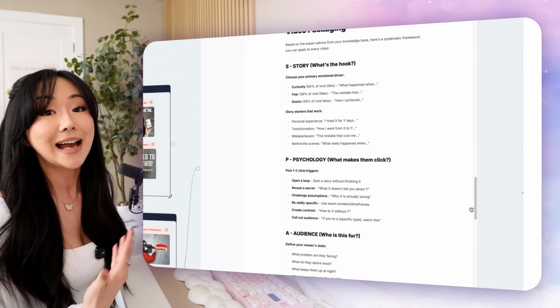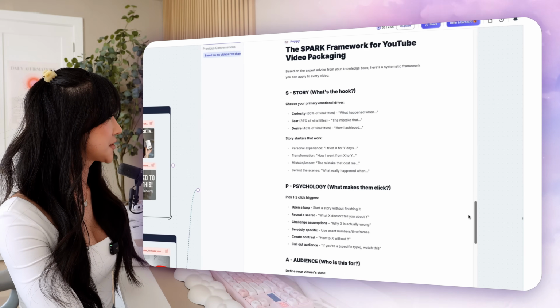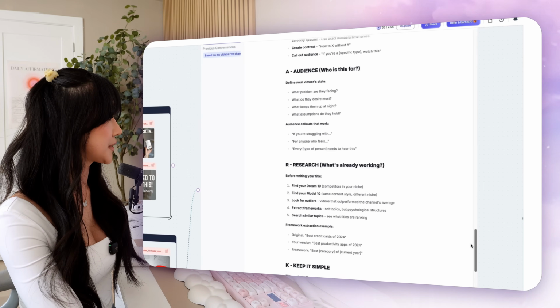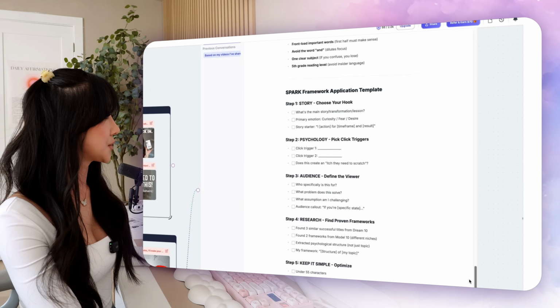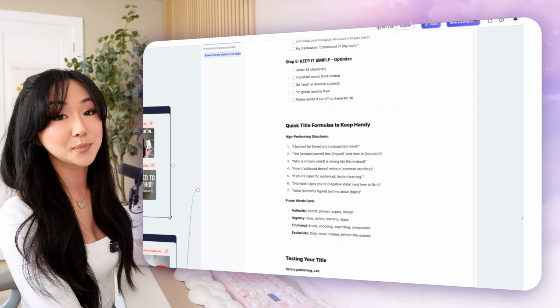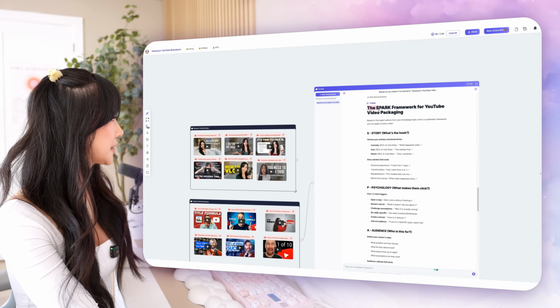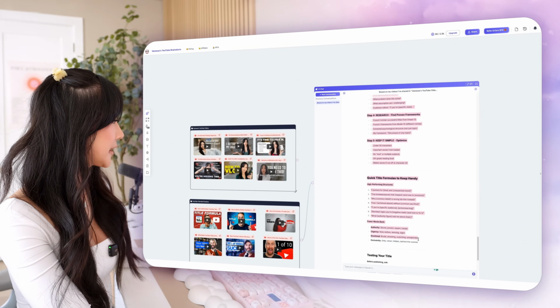So I'm actually learning how to make good titles. Poppy AI came up with the Spark framework: story, psychology, audience, research, keep it simple, and it's also got a template that I could use, as well as quick title formulas that I can plug and play with. Now, since I have this framework, what I'm gonna do is I'm actually going to copy this entire thing,